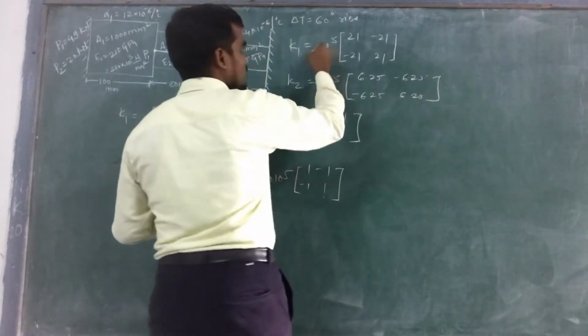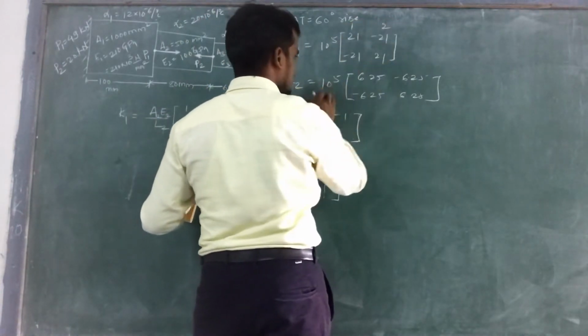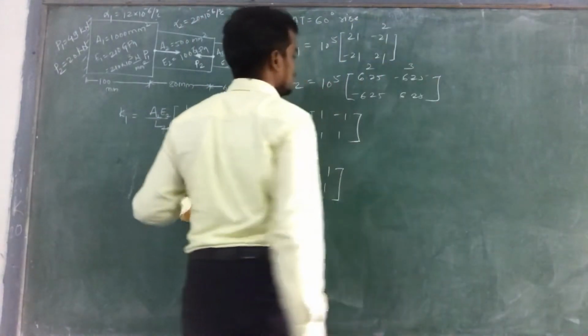As we know that the position of first element is in between node 1 and 2. Its position is between node 2 and node 3. Then finally